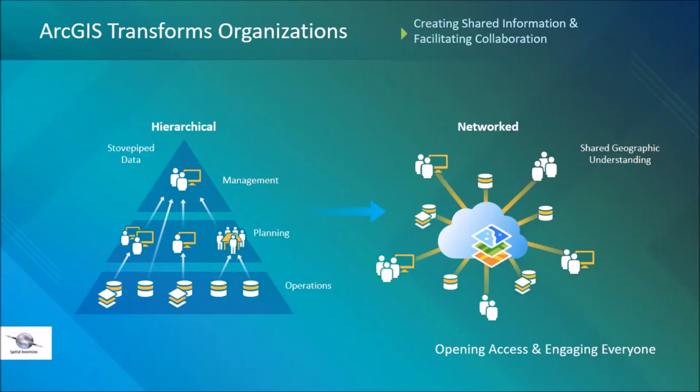Most organizations are organized like the hierarchical system on the left of the slide. This structure is formal, secure, and slow. If someone at the top needs something, the request flows down through multiple levels to a specialist in operations who then produces the product and sends it back up through the layers. The diagram on the right depicts how people want to work. It is networked, agile, and diverse.